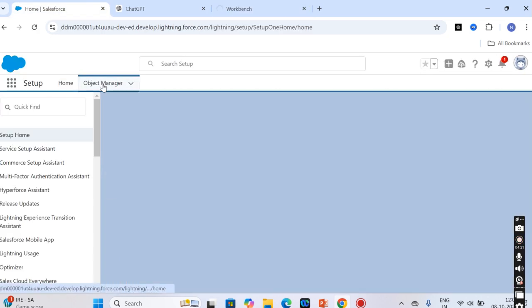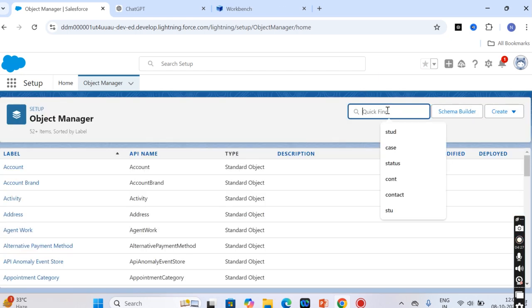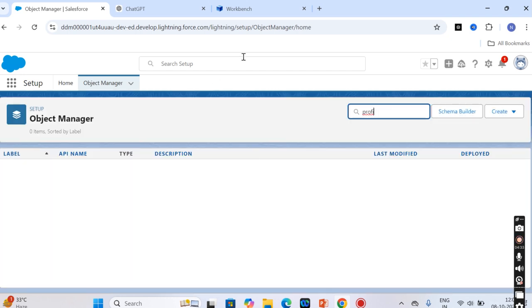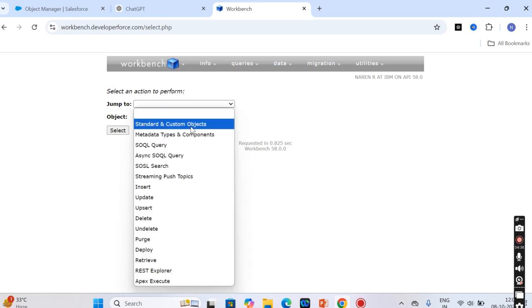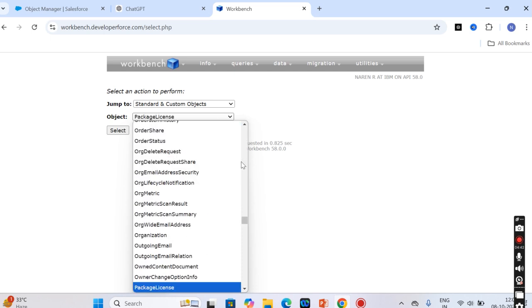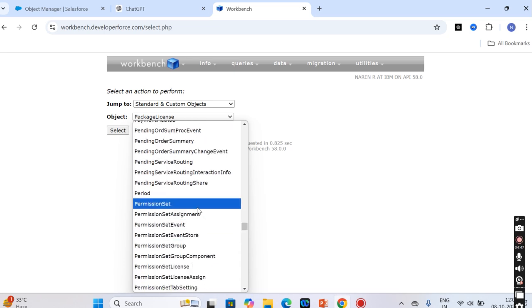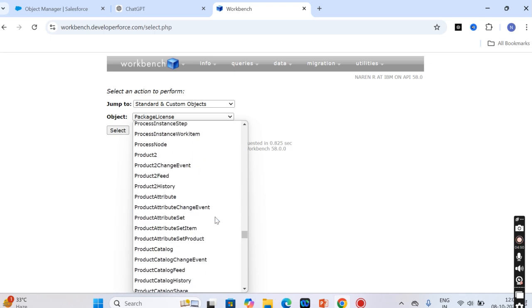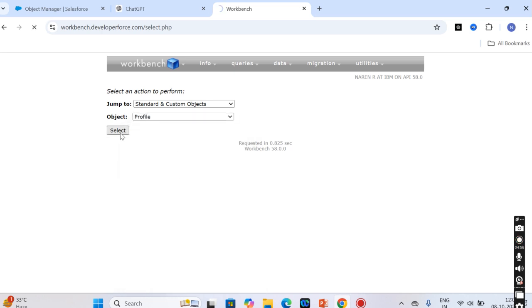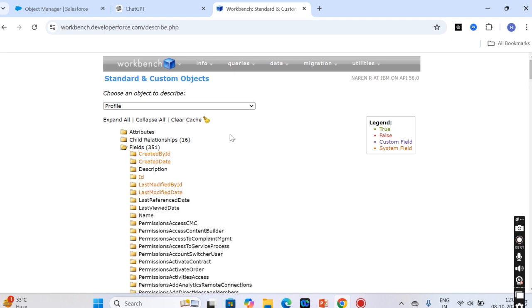Sometimes not all the tables are visible in the Object Manager. If you search for Profile, it will not show you the table. But if you want to see that table, you can always go over here and search for all the system tables. You'll see the Profile table and you can see the columns in that, what are the fields in that. So these tables cannot be, you cannot